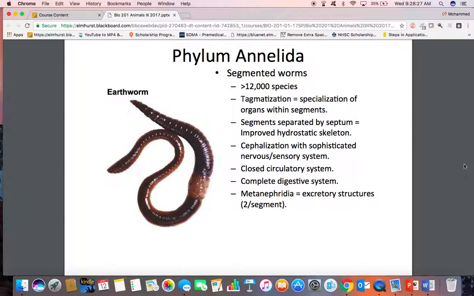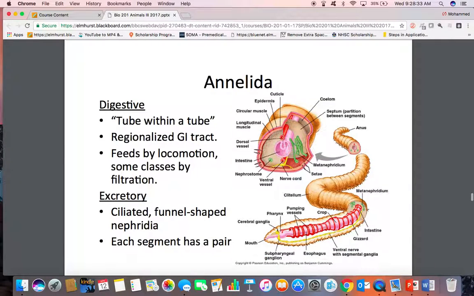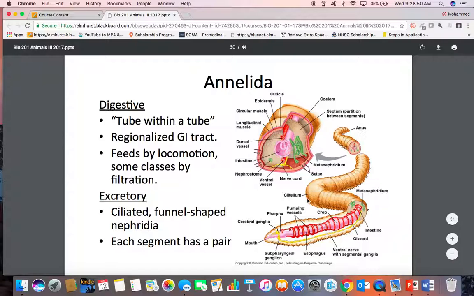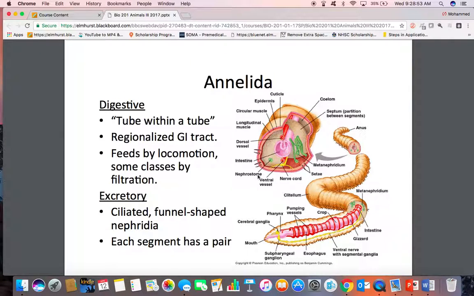lost. So, you can think of this thing as a tube within a tube, an exterior tube that's segmented and an interior tube that's the gut, regionalized so that portions of the gut are for collection and movement, places are for storage and for grinding, and regionalized places for absorption. The metanephridia is this sort of elongated, looping structure. The reason why the metanephridia is so cool, and it's actually something we see in most advanced organisms, is that